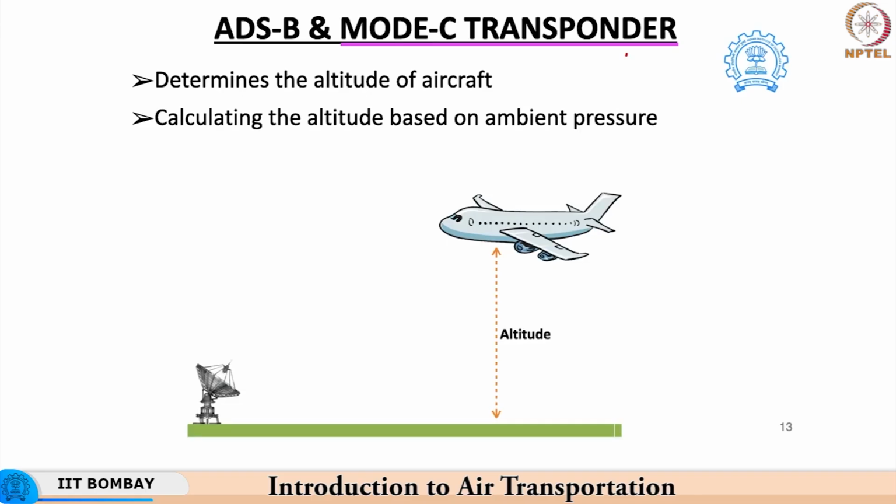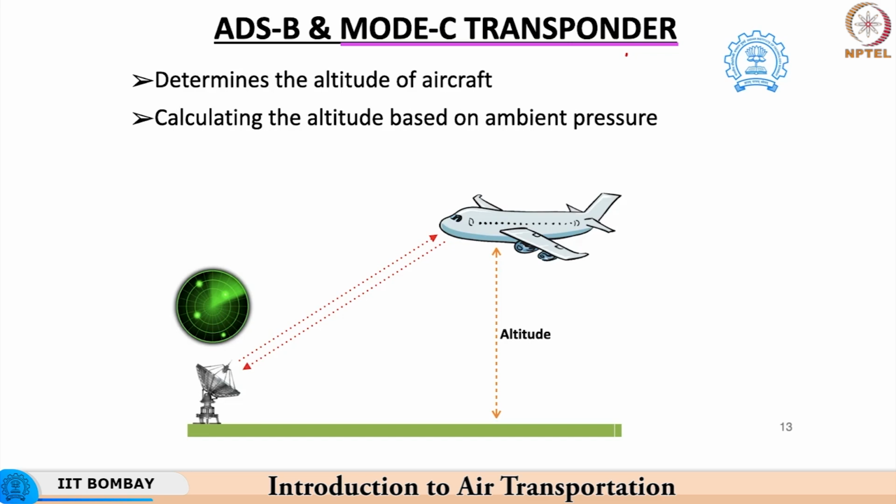In the case of the mode C transponder, this is used to calculate the altitude of the aircraft. This altitude determination is carried out through the usage of ambient pressure. Hence, based on the pressure difference between the current position and the sea level condition, the overall altitude of the aircraft is obtained. So, the overall step includes firstly the mode C transponder, while making use of the radar pulse transmission and reflection, obtaining the coordinates of the aircraft, after which the mode C transponder will make use of the altimeter to obtain its altitude, which is subsequently transmitted back to the ATC controller.